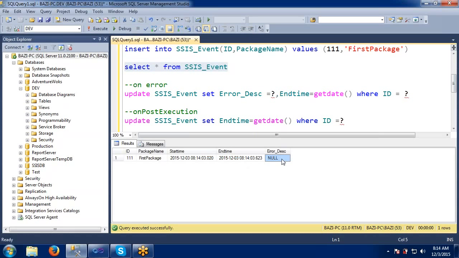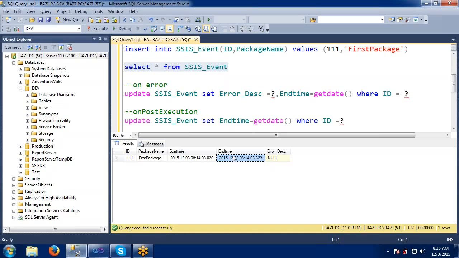Okay, if I run this same package once again, the start time and end time will be changed here. Why? Because when we are executing, the system time will be changed. That time will be updated in the start time. Once the package is successful, that time will be captured in the end time. So this is our own table, right, where we have captured all these details.